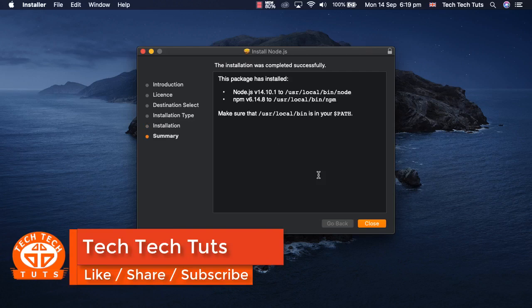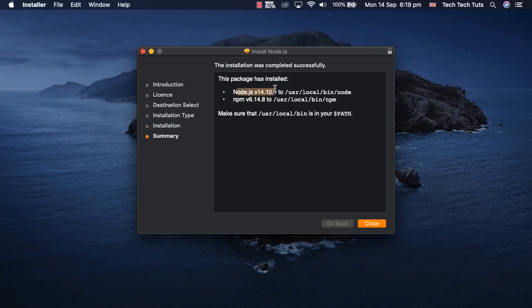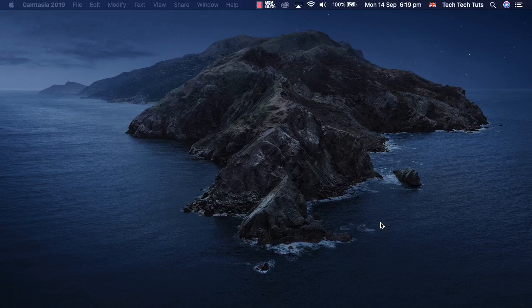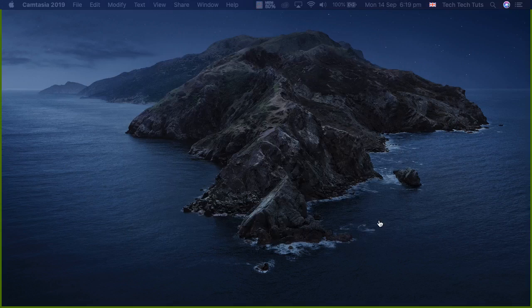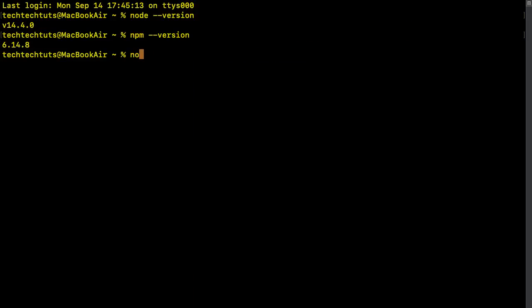So you can see I have installed Node.js version 14.10.1 and npm version 6.14.8, these currently folders. So click close, and after that I will get back to the terminal, and again I will type here node version, and this time you will see it's saying 14.10.1 and npm version